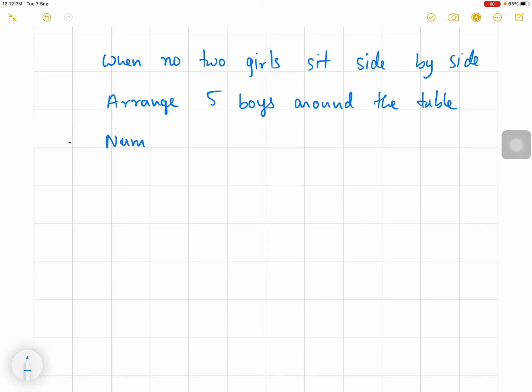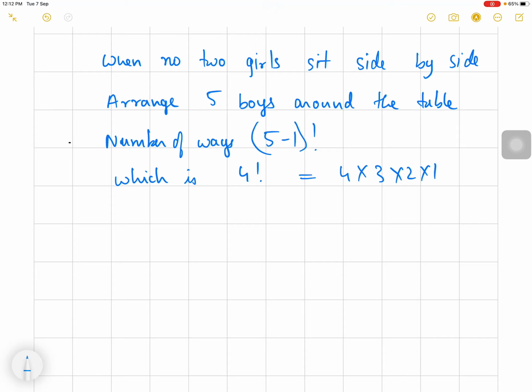So the number of ways will be 5 minus 1 factorial, which is 4 factorial. 4 factorial is 4 into 3 into 2, which comes to 24 ways. Right? So for the boys, there are 24 ways. Now,